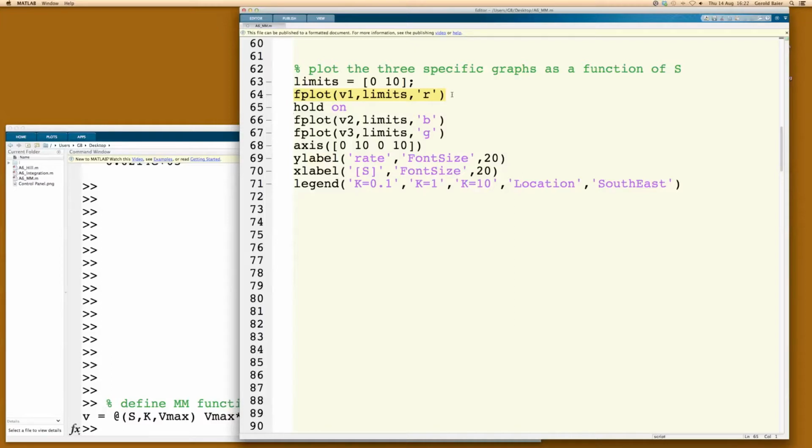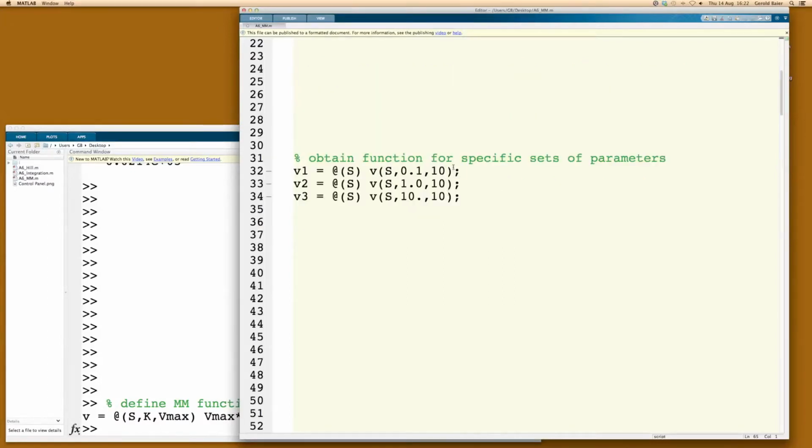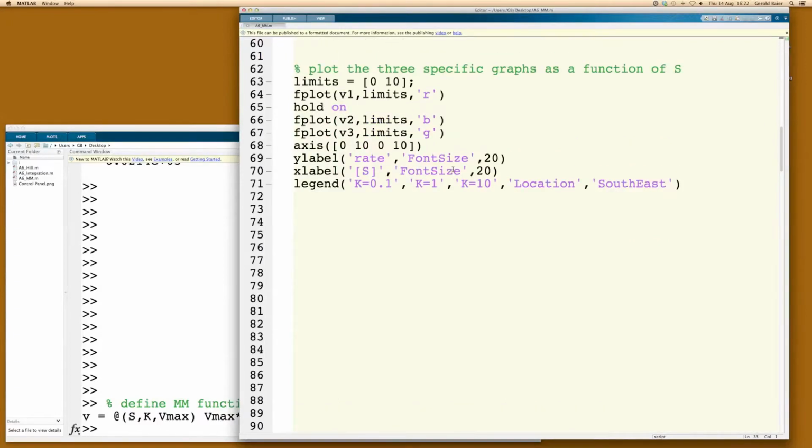Second line calls fplot, that's the function plot within those limits that we have just specified in the line before. And we call the function v1, which is the one, if you allow me to go back, function v1 was the one where the Km value was equal to 0.1. So we plot this function first thing,